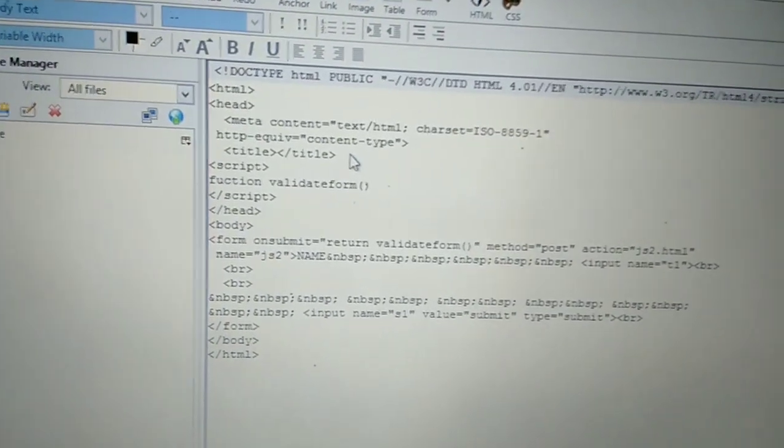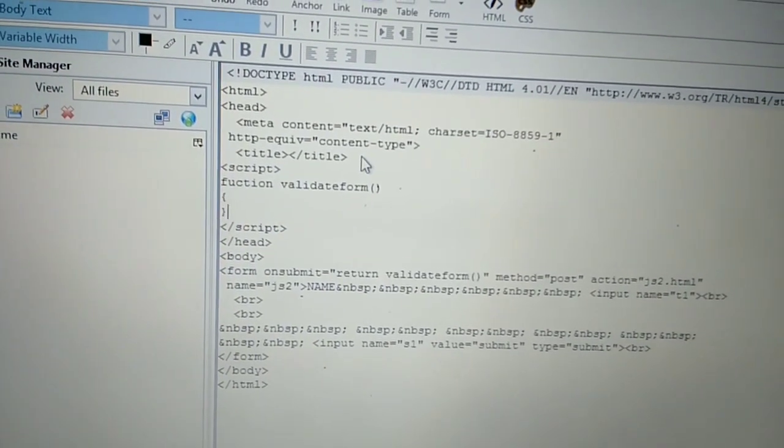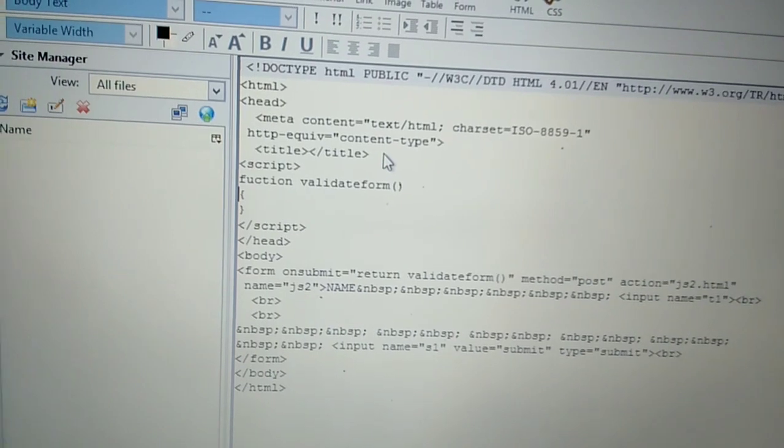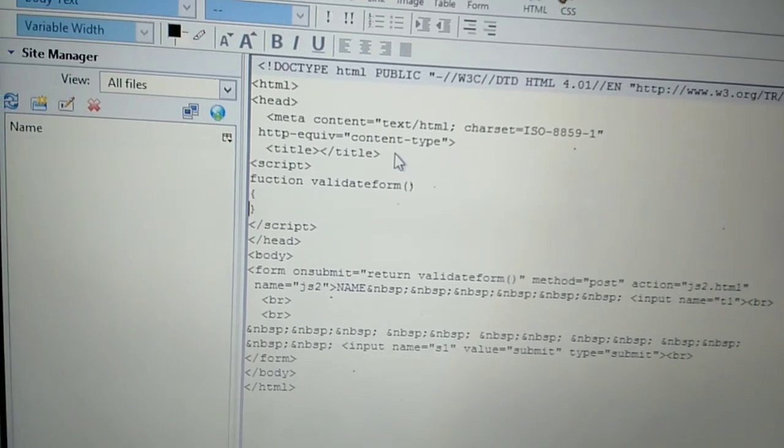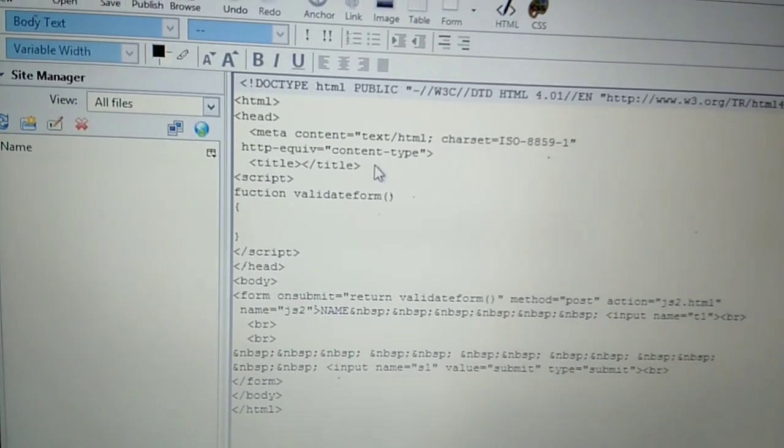Function, if you want to write any code inside function, then you have to compulsory write opening and closing curly bracket. You have to write opening and closing bracket. Now